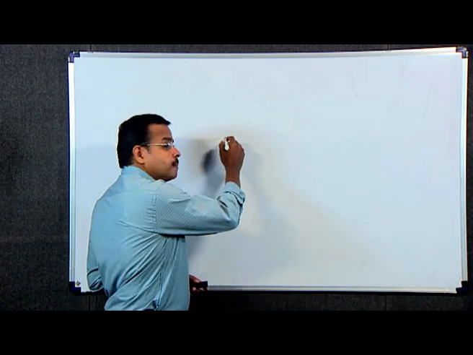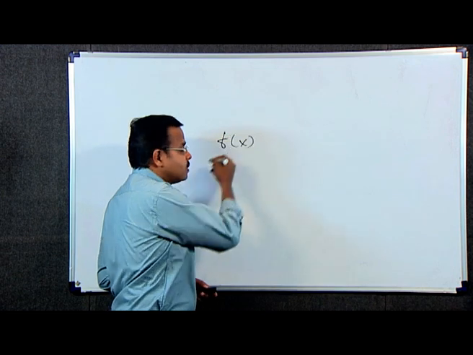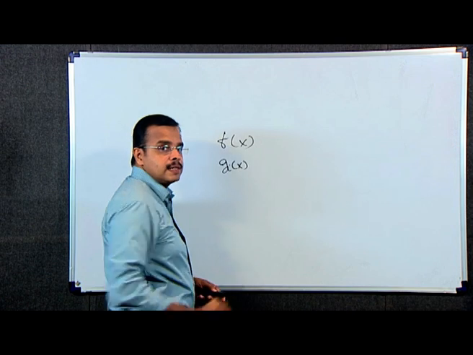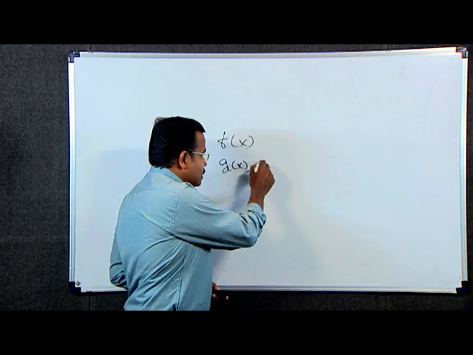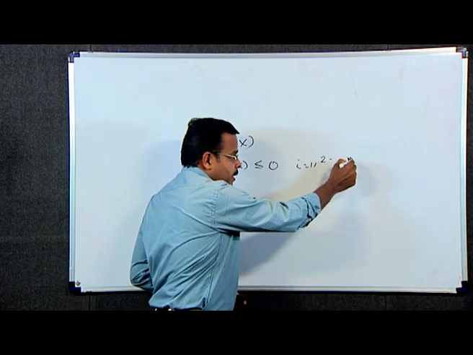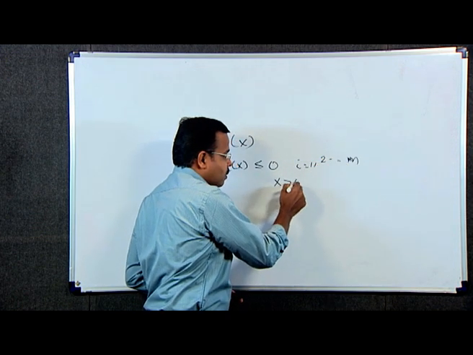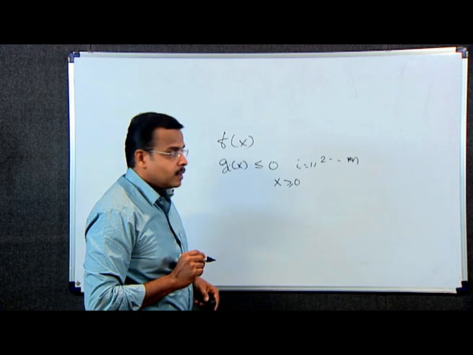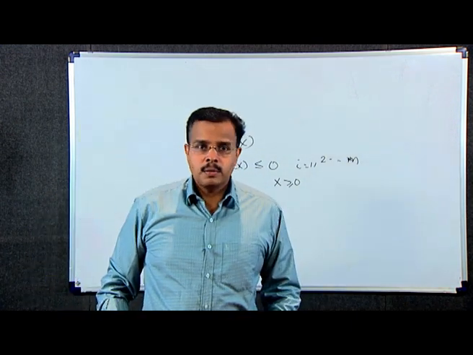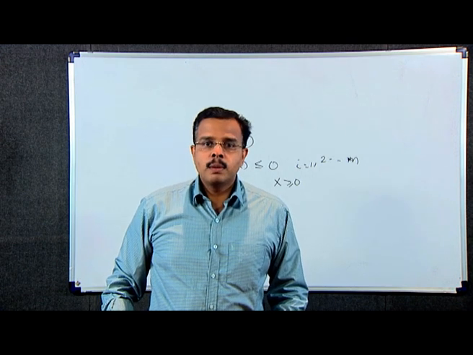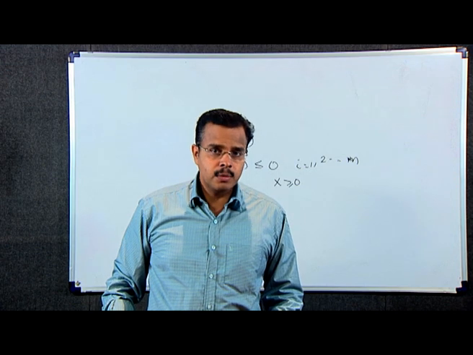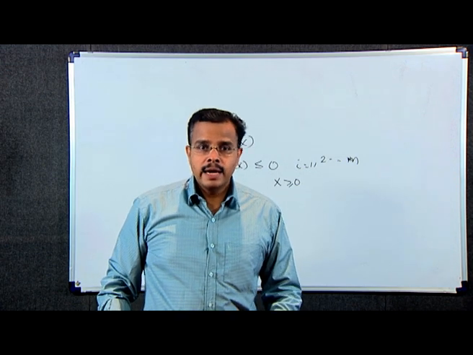The problem is f of x subject to the constraints g(i) of x less than or equal to 0 for i equal to 1 to m, x greater than or equal to 0. Then if g(i) of x all are in linear form, the problem is a linear programming problem. So, the problem of LPP is to find an optimal, that is minimum or maximum value of a linear function,